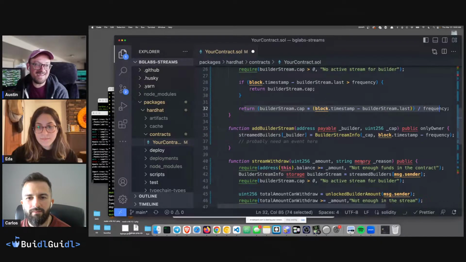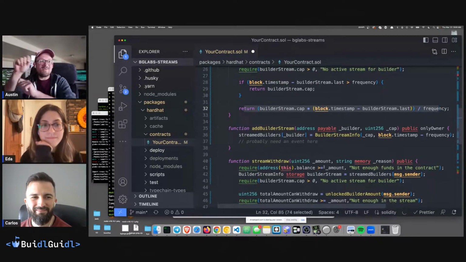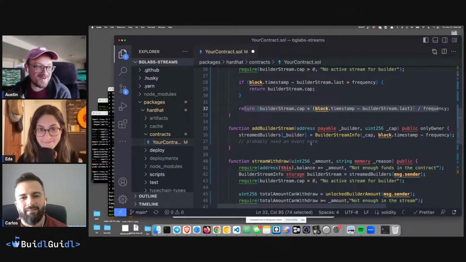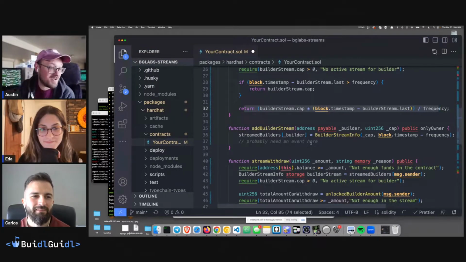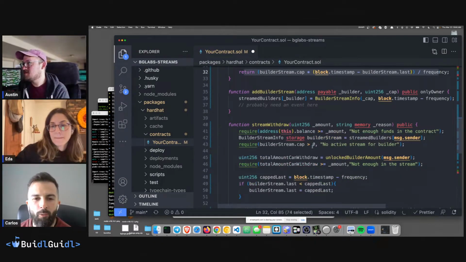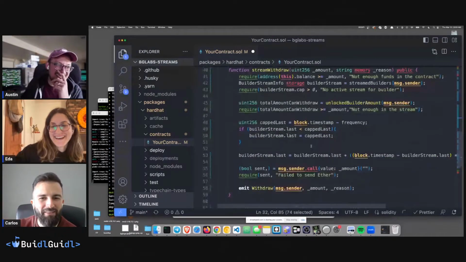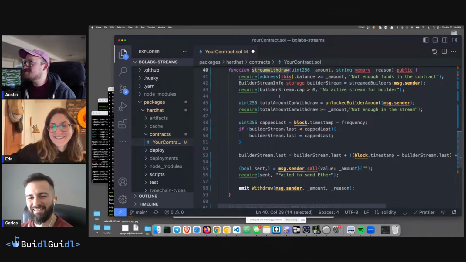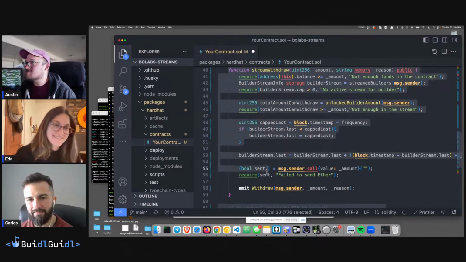That's the main math there. And I probably moved things around a couple times and tinkered with it in Scaffold-Eth a little bit to make sure it works. But let's go make sure it works, right? Let's go try it out and test it in the front end. You can always go to ChatGPT, paste that math. Can you explain this to me? Yes, exactly. Okay, and then the last thing is this really important function, which is stream withdraw.